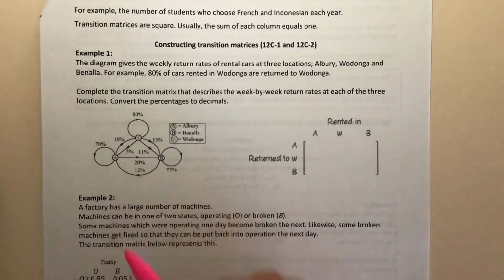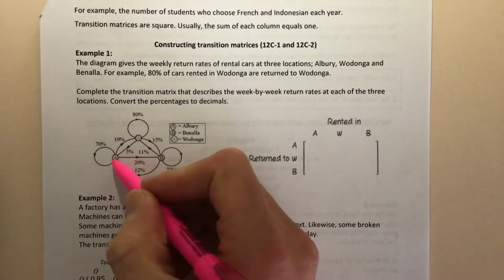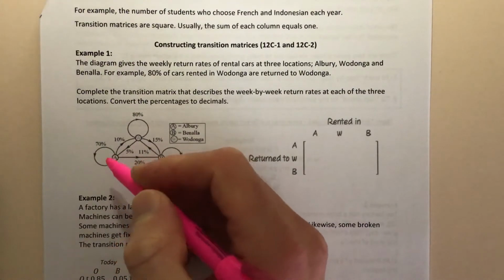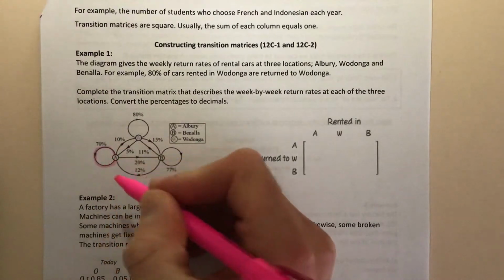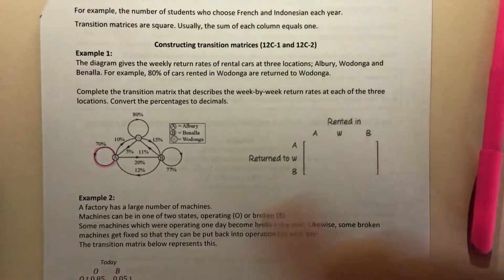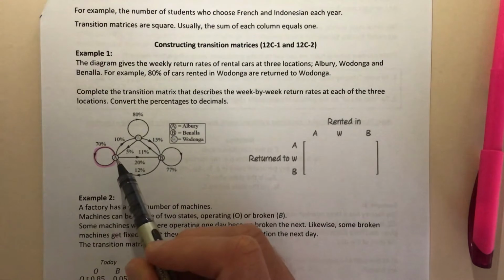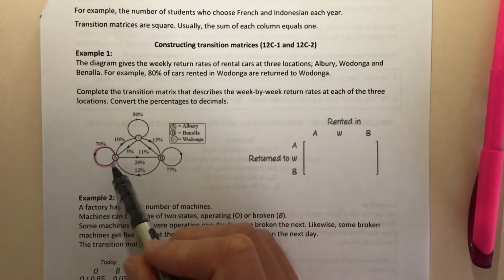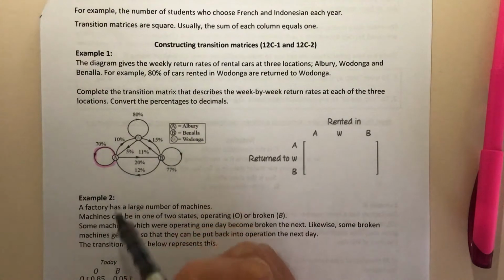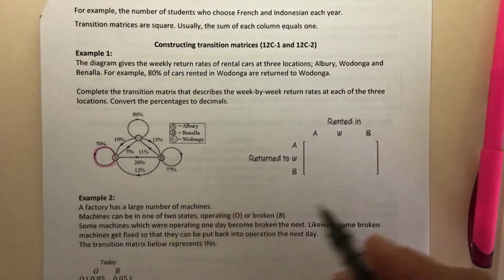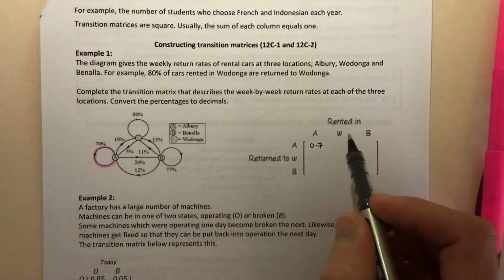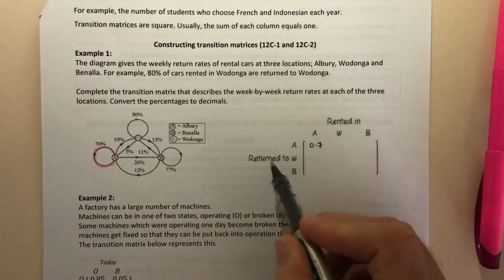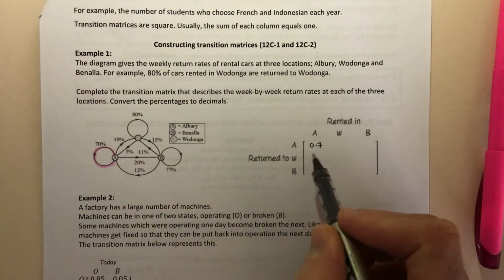So let's start with Albury, right? So here's the town Albury, this little A on the diagram. And we have this loop. I'm going to highlight these as we go. We have this loop from A to A, from Albury to Albury, and that says 70%. Now what that means is that 70% of the cars that are rented in Albury get returned back to the same place in Albury, right? So that's 70%, but as a decimal that would be 0.7. Right, so you can see that it's like rented in Albury, returned to Albury,